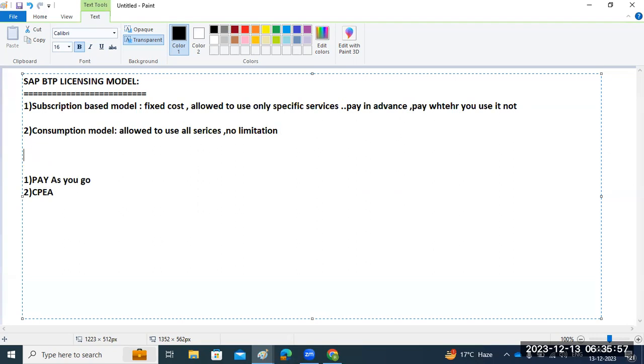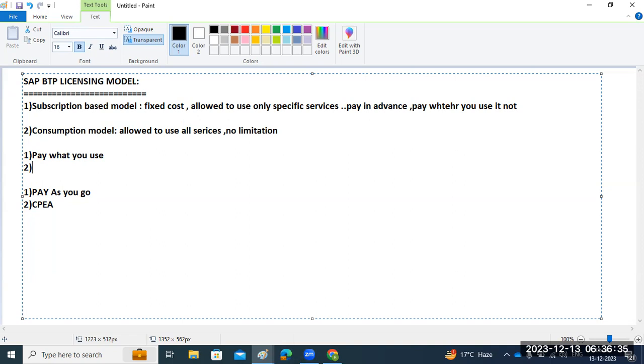The advantage is that you only pay what you use. If you are not using, say, 3 of 5 services and only using 1 or 2, you pay only for what you use. They provide complete flexibility for the services, depending on the business requirements. Anytime you can activate or deactivate the services. If you are not using a service, why should it be active?